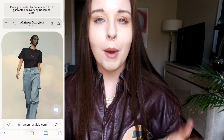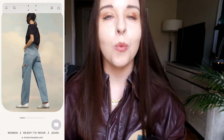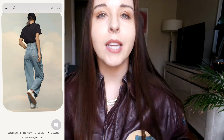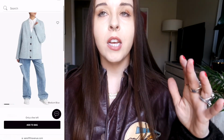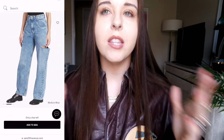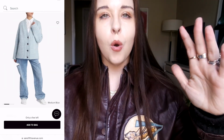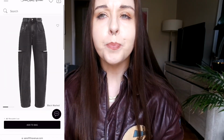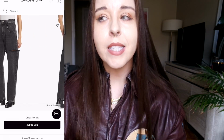If you want to try the split jean, I'll insert a picture here of what they look like and some people that I've seen wear them that I think are really cool. But essentially, it's a wide leg jean with cuts on either side that give this illusion of these little triangular cutouts on the side, which I think is reminiscent of a barrel jean, the way that horseshoe shape gets created. So I think it's going to be really cool to wear these through the season,